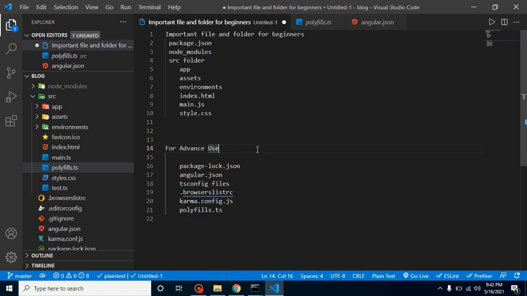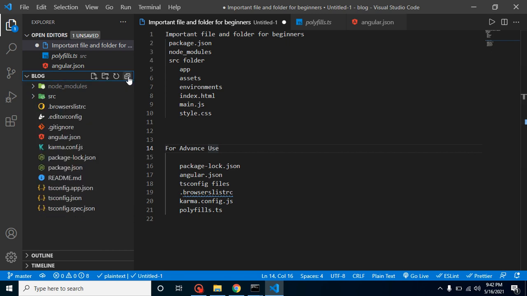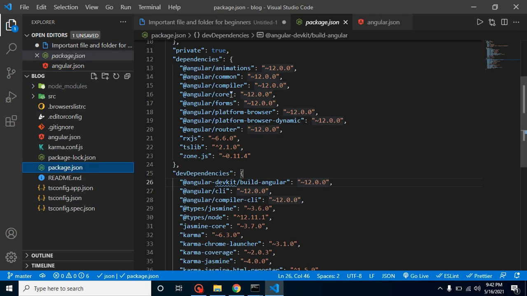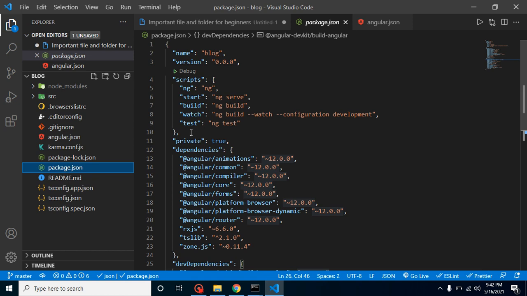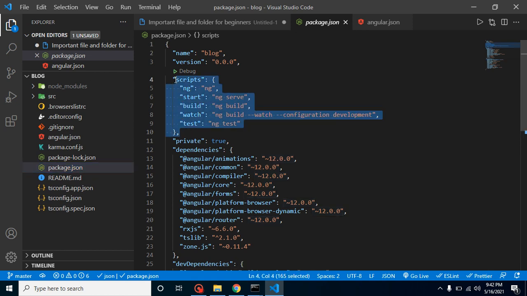And now let's discuss some interview questions. So the first question that can be asked is, what happens if you delete the package.json from your project? After deleting the package.json, there will be no command that you can use, because we just removed the scripts tag along with the package.json, so your project will not work.